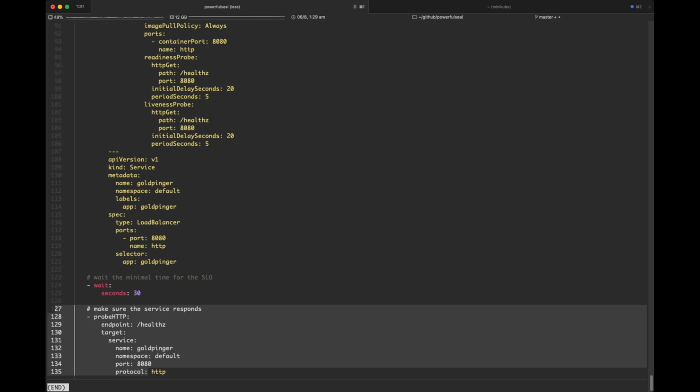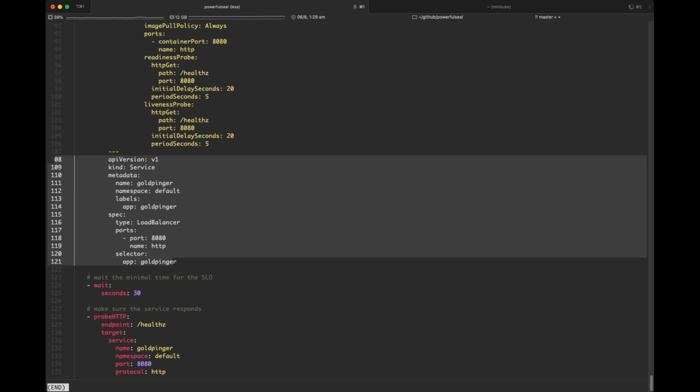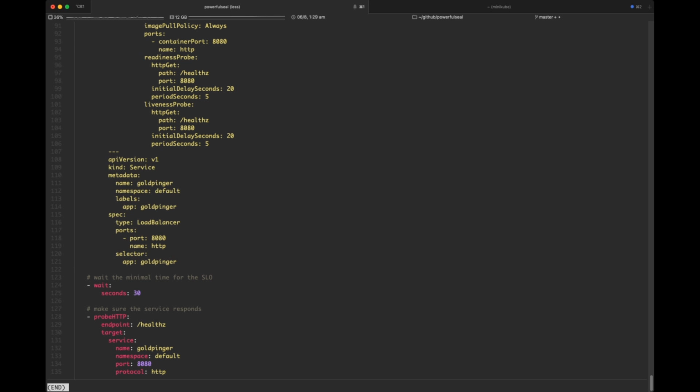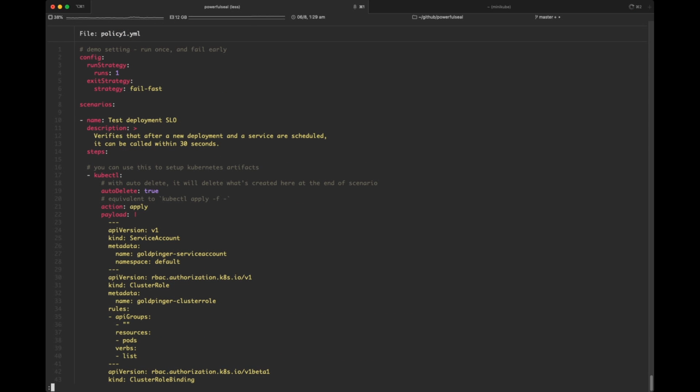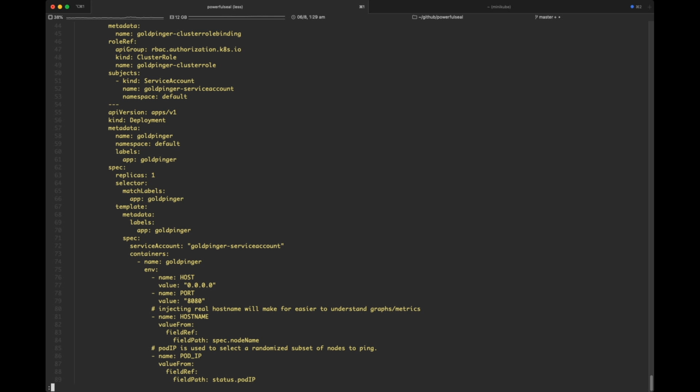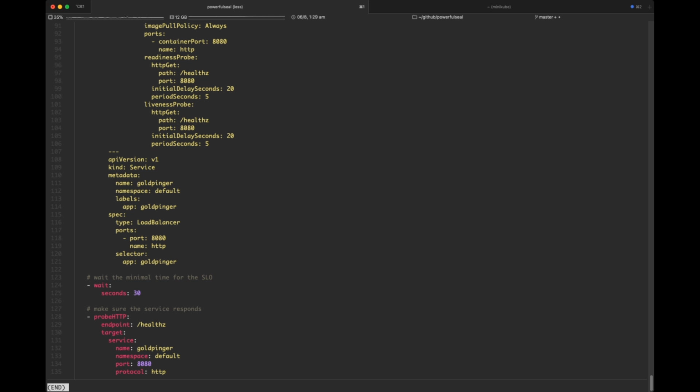We have an HTTP probe that calls the healthy endpoint of the Goldpinger service in the default namespace, which is the one that we defined just here. So all in all, it's going to create the thing, wait 30 seconds, and then issue the HTTP request to verify that it gets a response on the particular port.